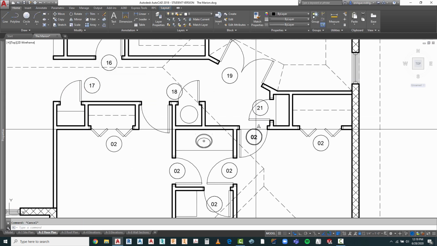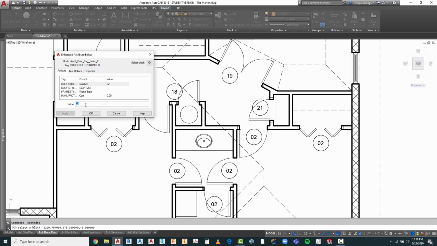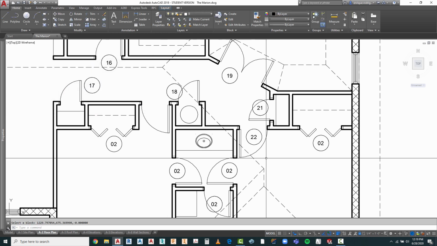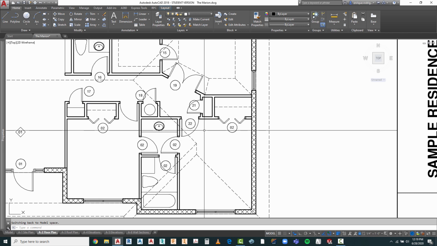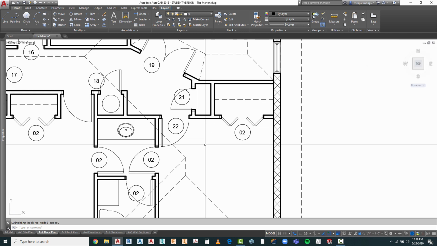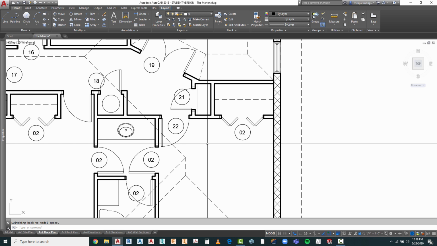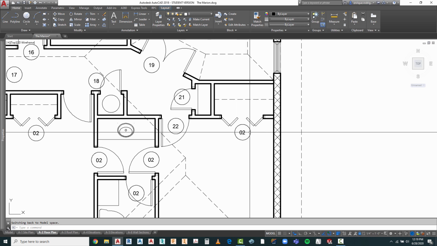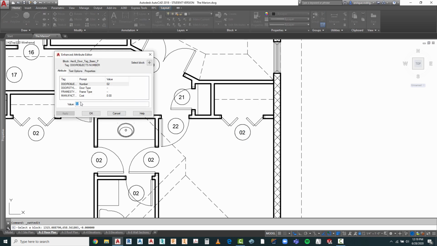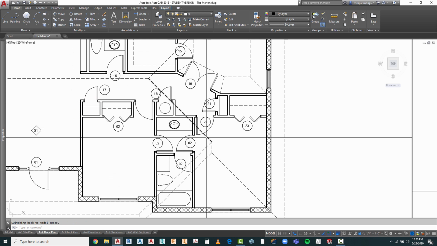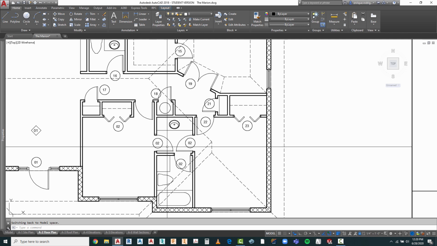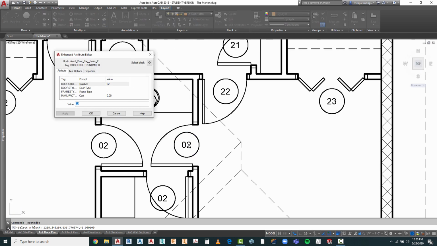Now in some cases they will do these door and window tags by style. So rather than tagging each one individually with an individual number, they would have it with an A or a B, or the number would represent a size and type of door or window, and then it would have another column in the table which would represent the quantity that you would have. Now, in my office, we've always done them individually because we may modify one. We don't want the entire style to change. So this is how we're going to be representing this